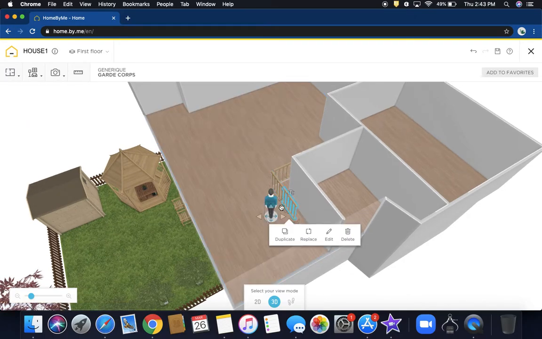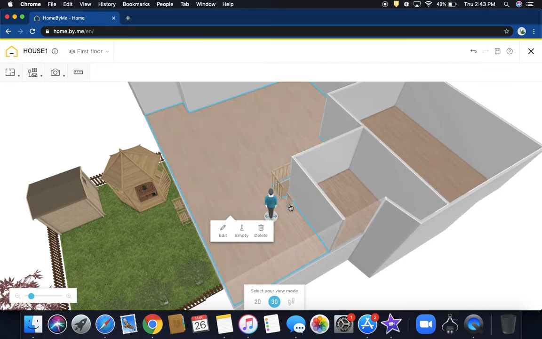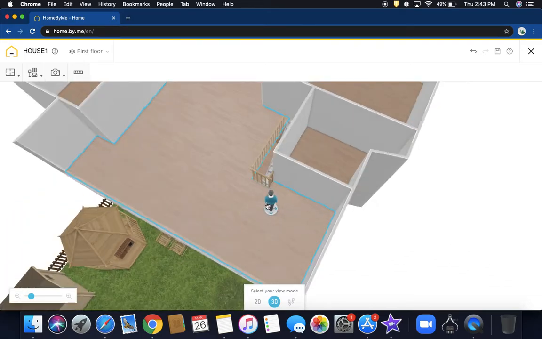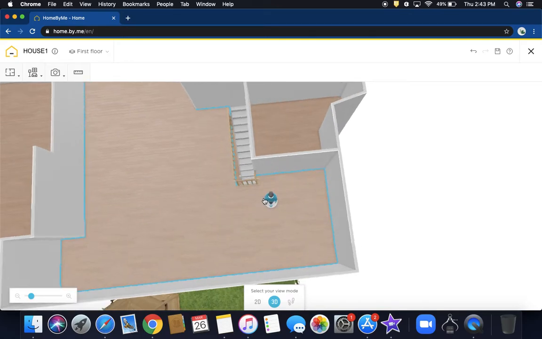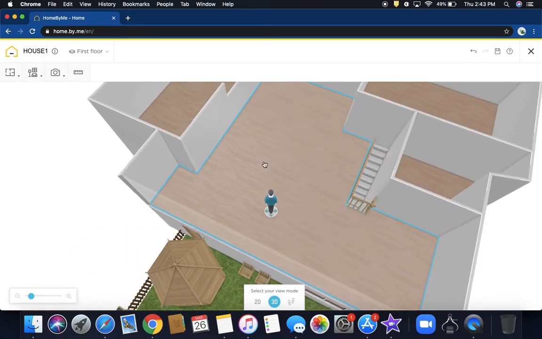So let's duplicate this, edit this like really small. If we go around here, I think that looks good over there. Yeah, so now that we're done here,